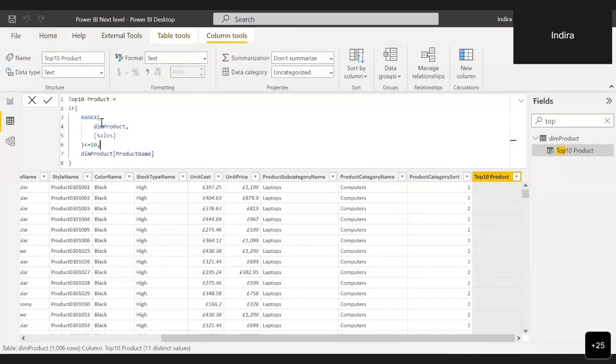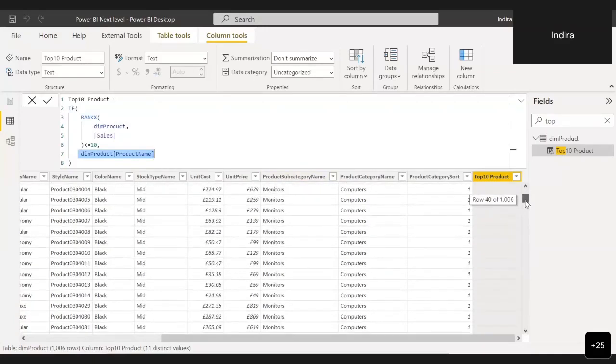And then I used an IF condition to check whether this rank is less than or equal to 10, because I want the top 10. If it is less than or equal to 10, what I want to do is display the product name. So whichever